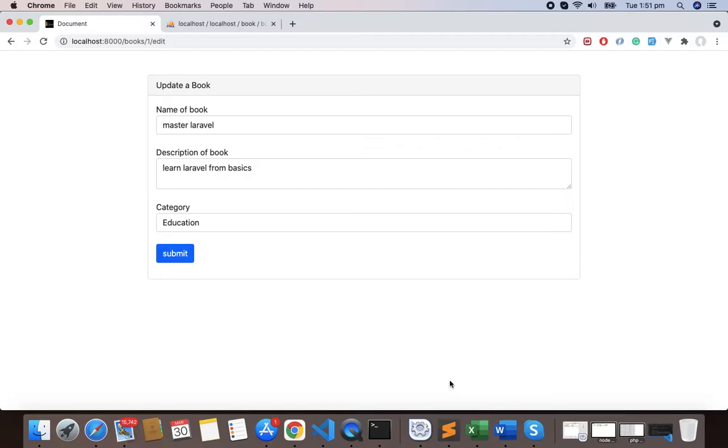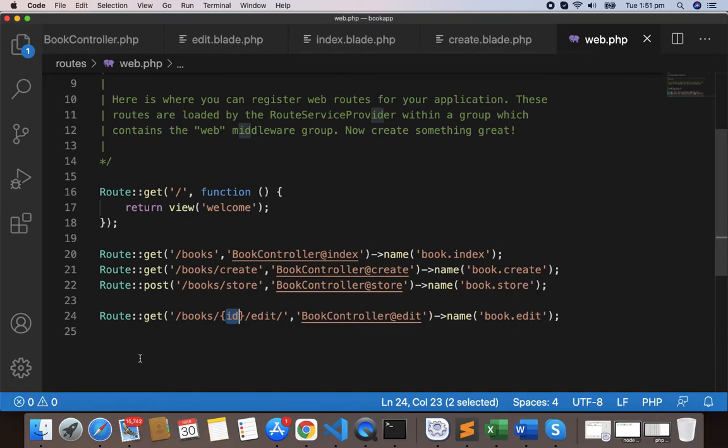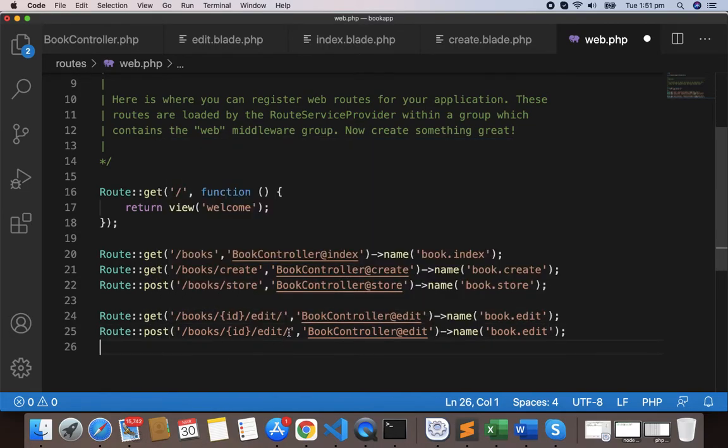Now let's update this record. To update this record, we go again in web.php and we make one route. We'll make another route, and this will be a post route to update the record. So I'll write post slash update, and here will be the update,